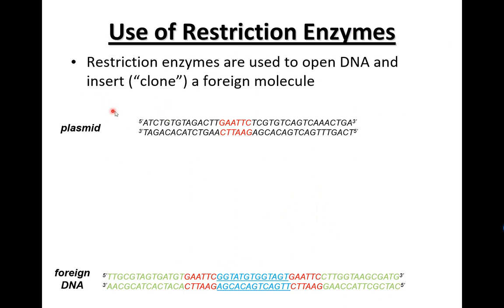So imagine this is the sequence of the plasmid. Obviously this will be circular. What we're focusing on is the polylinker. Imagine this is the polylinker and this is one of these palindromic sites that is recognized by a restriction enzyme. And now imagine this is your foreign DNA. Okay, this is the sequence that you want to clone, right? And this sequence has on both sides